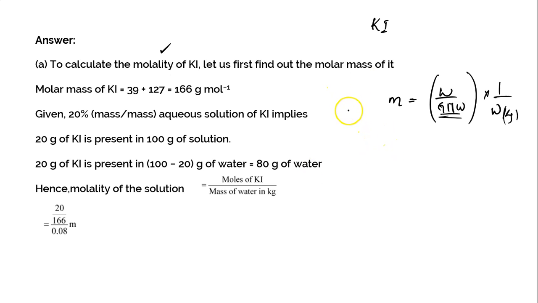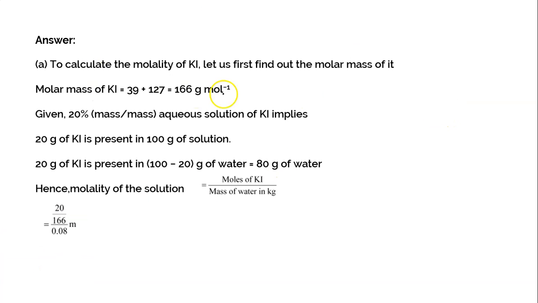What else can we calculate? If you have the mass percentage, you can also calculate the given mass of the solute. So we can calculate small w, correct? And if you know the mass percentage and the given mass of the solute, you can from there calculate the mass of the solvent and the mass of the solution also. So to use the formula of molality, we have everything ready.